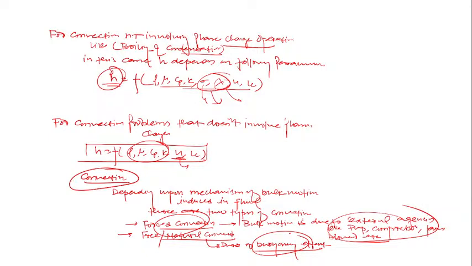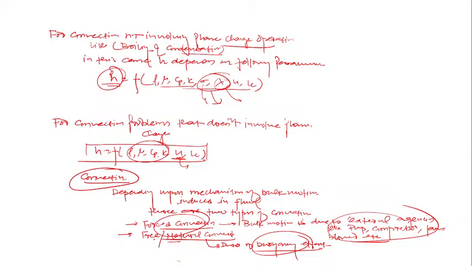So indirectly you can say because of difference in temperature there is a difference in density which induces a buoyancy force, and that causes the bulk motion in the fluid. So in the free or natural convection, the bulk motion induced is because of a natural phenomenon, that is difference in density caused by difference in temperature. But in the forced convection, we induce the bulk motion by external sources: pump, blowers, compressor, fans, etc. That's called forced convection.